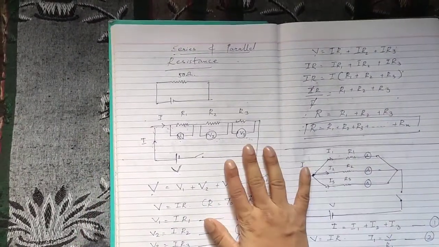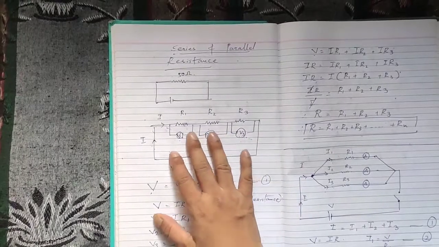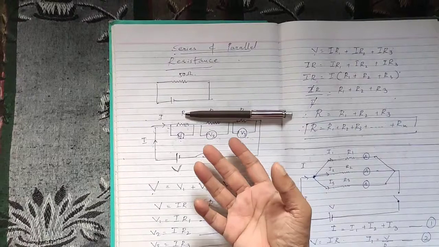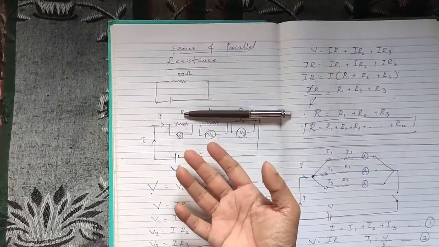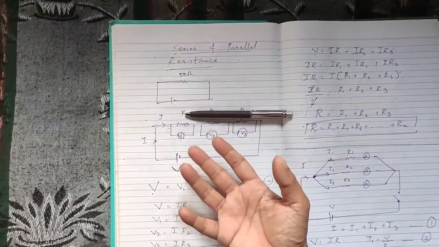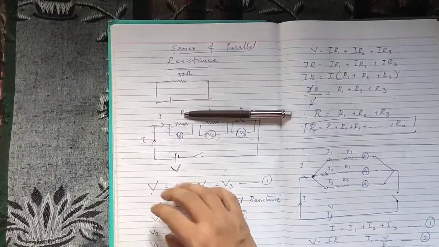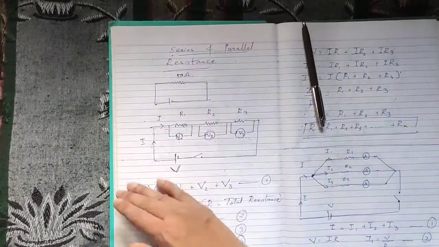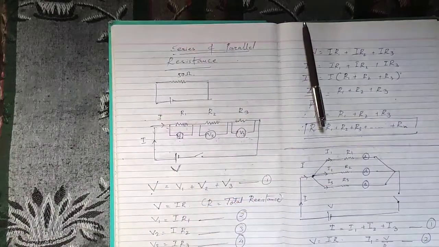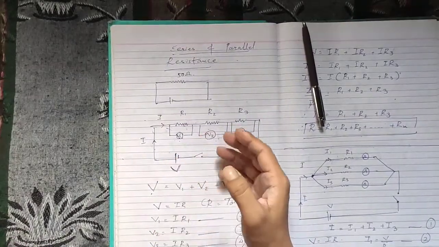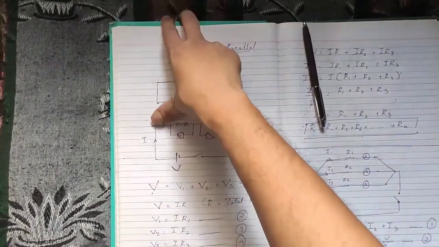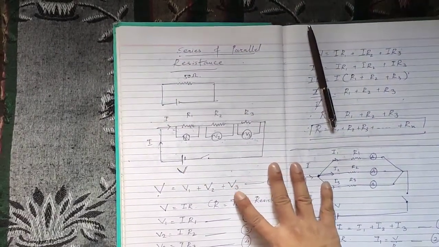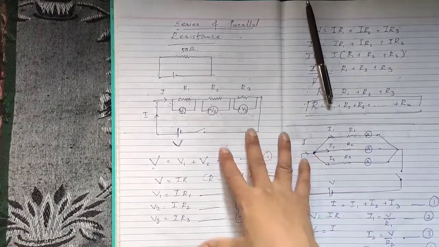Now all the materials have resistance, whether it is a single conductor or an appliance or a simple bulb. A bulb also has resistance. An appliance like a toaster, your TV, mobile phone, everything has resistance. If we are connecting these appliances in different types of connections, there are basically two simple types of connections, that is series and parallel resistances. So we'll talk about that.